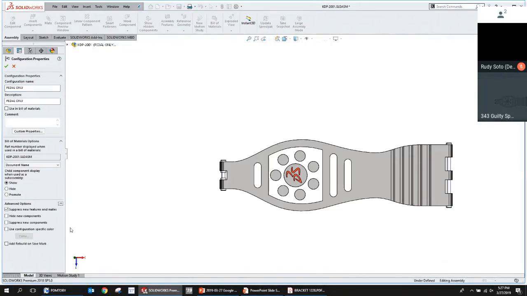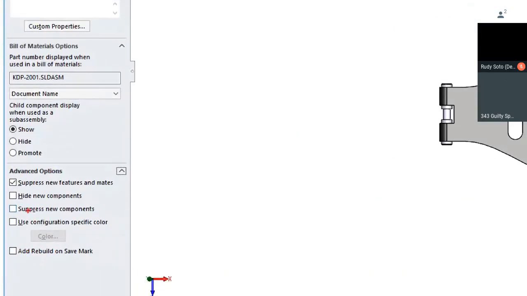Like this option here that says advanced options, hide new components, suppress new components. You should imagine that in front of that it says, what should I do with a new component if you bring it in? I'll suppress it. I'll hide it. So if I'm in a different configuration and I bring in a new component, it'll be suppressed in this configuration or unsuppressed, depending on if that's checked.